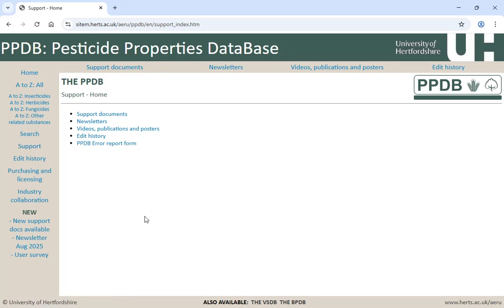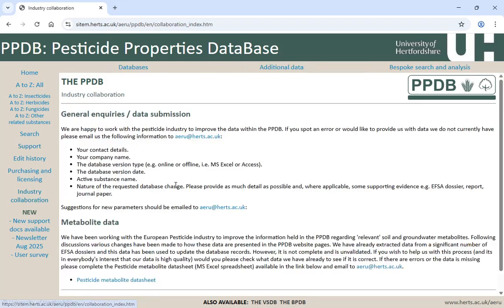If I come here, there's an error report form. You can also get here on industry collaboration. It tells you basically if you see something in the database that you don't think looks right or is missing perhaps, you can report it to us, and you can fill out the details there,